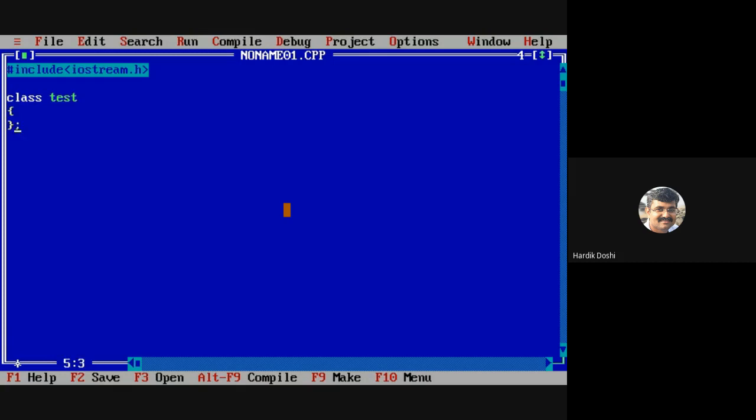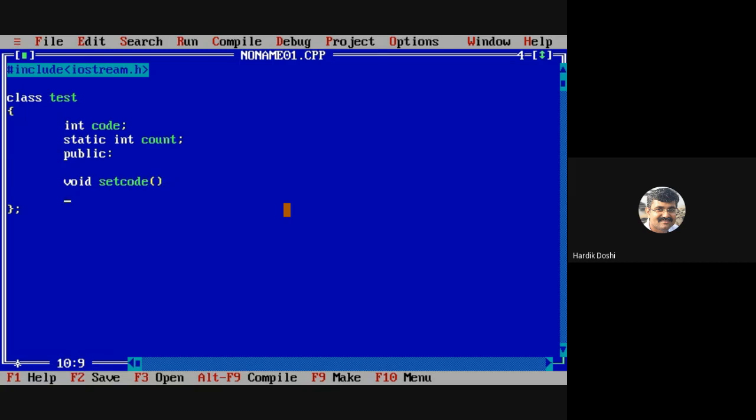in which I am defining a member integer code and static int count, where code is non-static and count is static. Now I am writing my public section in which I am writing my function void set code.